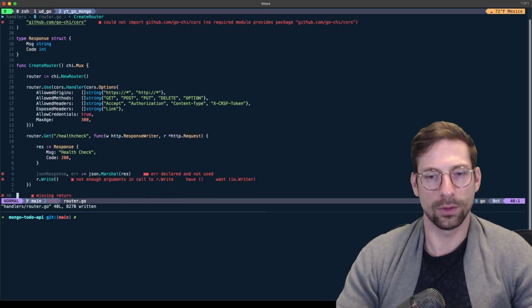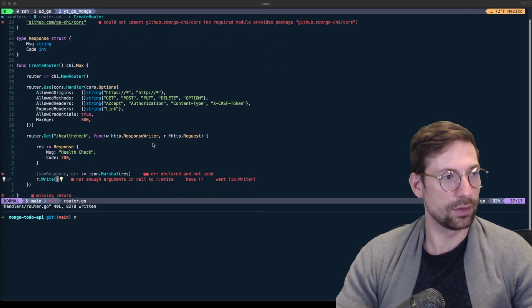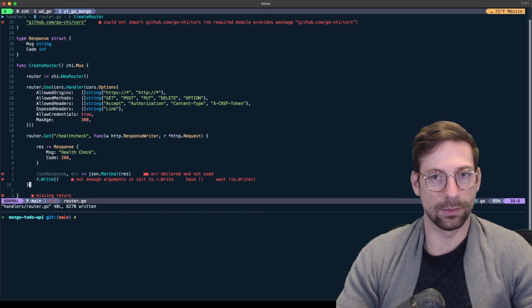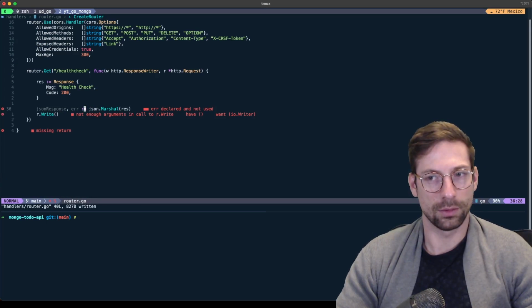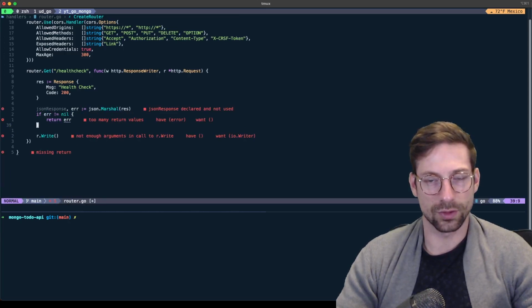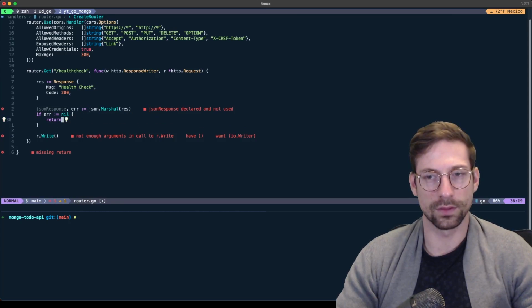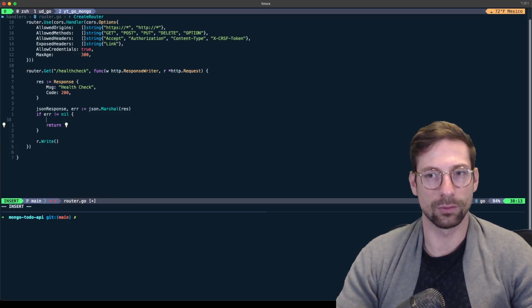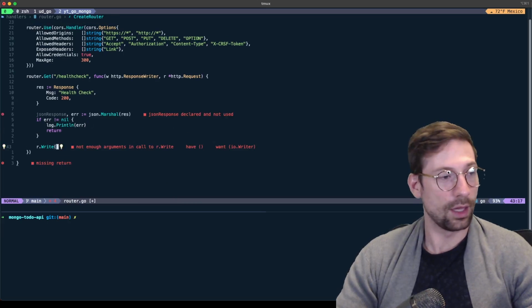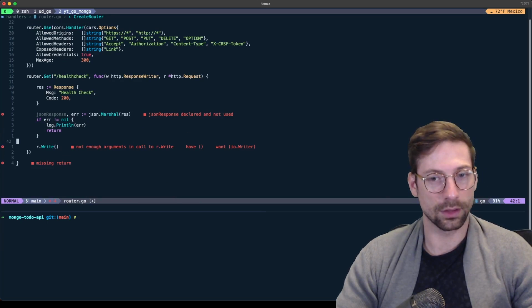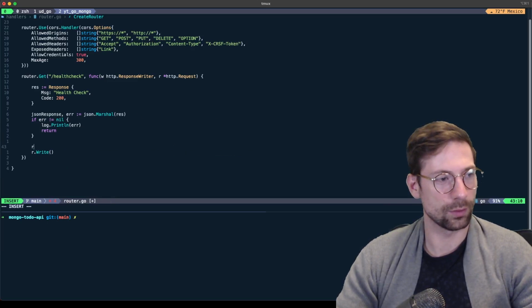And I believe, do I need the middleware right now? No. Okay, so let's keep on going. All right, so let's finish what we had in mind to finish, which is the following. We have our JSON response. If something goes wrong, since this is a handler, we're not going to return anything. We're just going to log.print the error if there's such an error. And if everything goes right, before doing the write, we're going to do